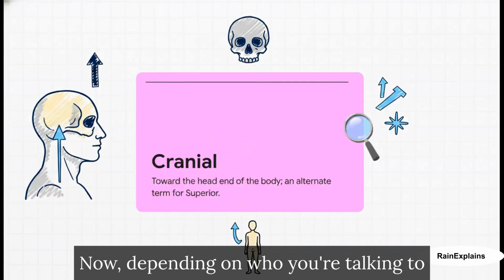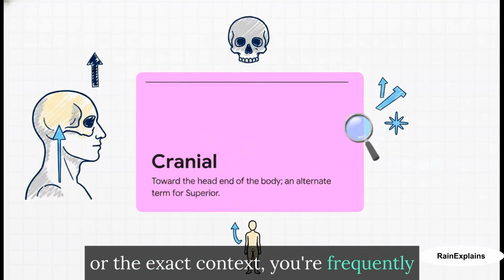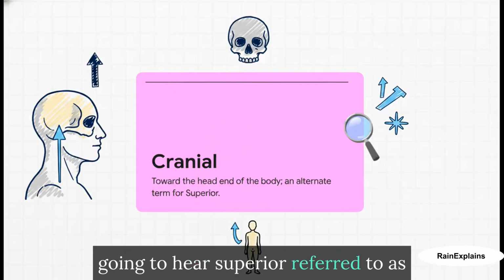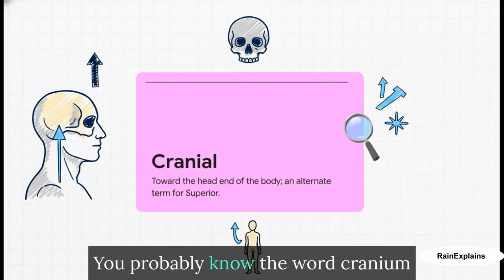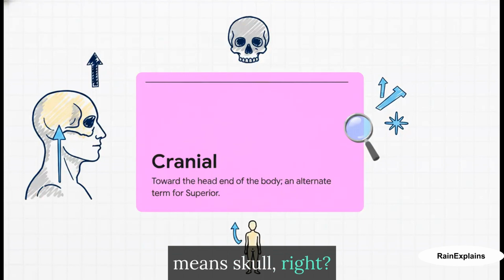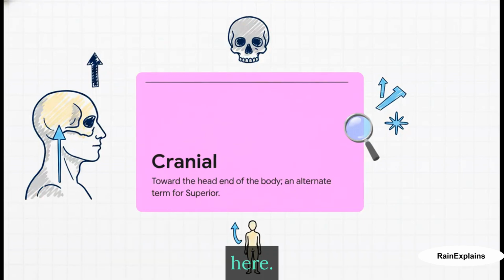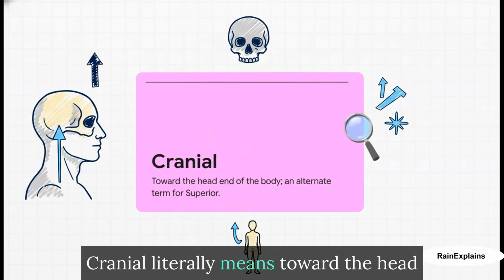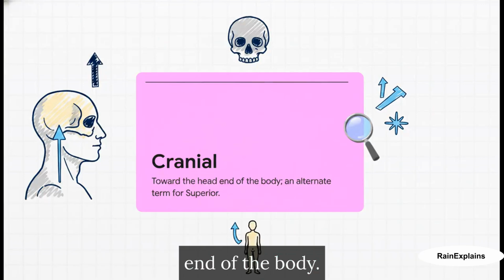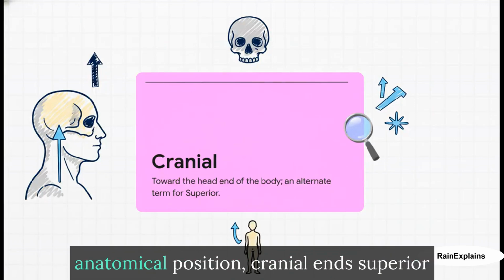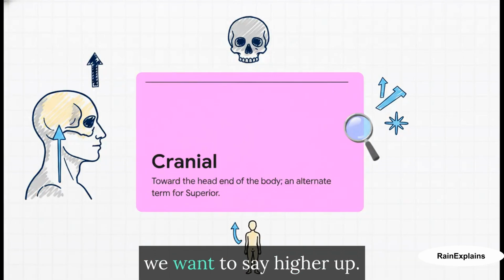just talked about. Now, depending on who you're talking to or the exact context, you're frequently going to hear superior referred to as cranial. You probably know the word cranium means skull, right? Well, that's exactly what's happening here. Cranial literally means toward the head end of the body. Because humans stand upright in the anatomical position, cranial and superior are pretty much interchangeable when we want to say